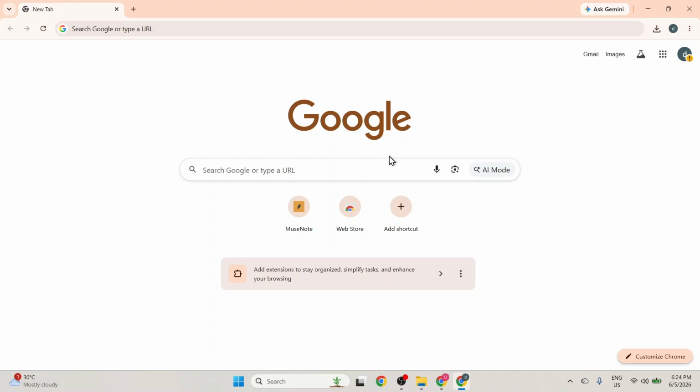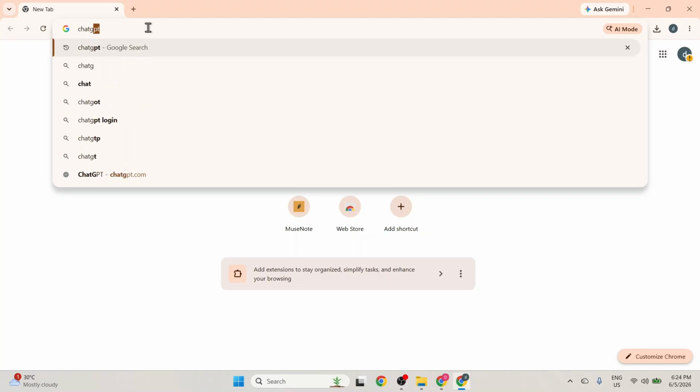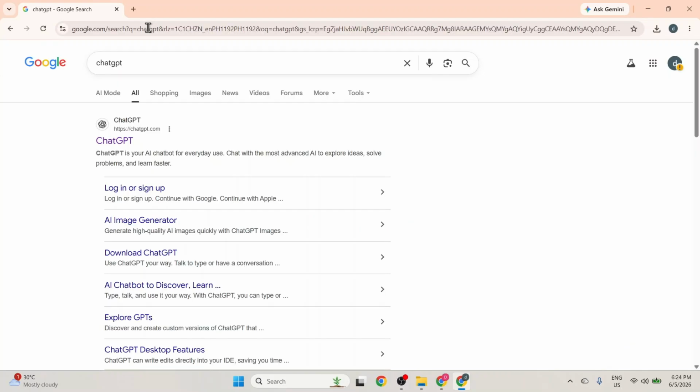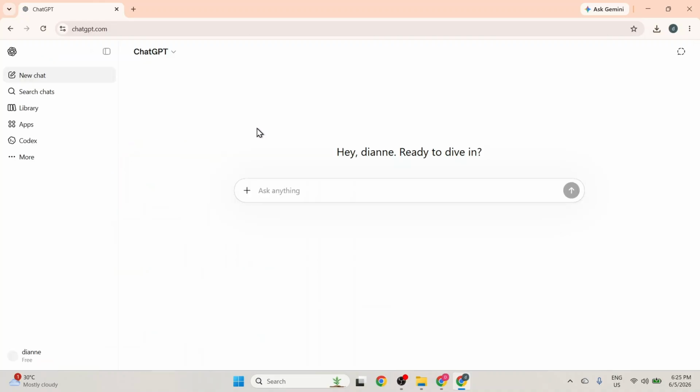In this video, I will be showing you how to insert an image in ChatGPT. Let's get started. I begin by opening up my Google Chrome browser to a fresh new tab. First, I click into the main Google search box and type in ChatGPT, then press enter on my keyboard to search for it. Once the search results populate, I navigate to the official ChatGPT link and click on it to